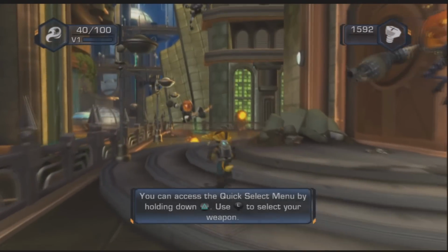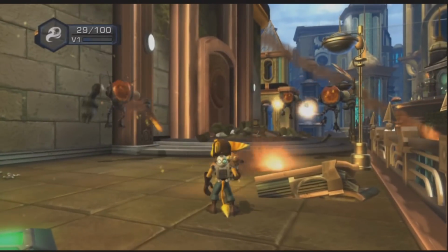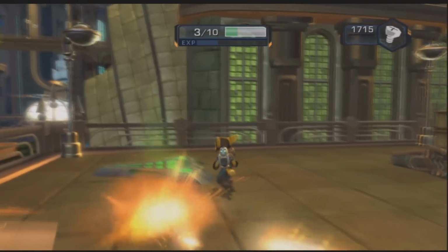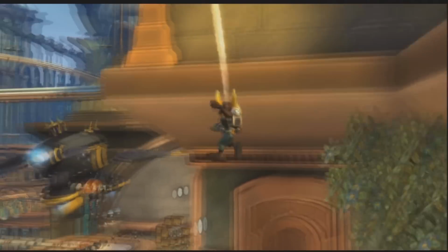First off, we have the PlayStation 3 exclusive Ratchet & Clank Future: Tools of Destruction. A beautiful game. If you're a fan of action and adventure, this one is definitely for you. I saw prices on eBay right now. You should be able to pick this up anywhere from $5 to $8 complete. But yeah, I was shocked to see that you're able to get this one for around that price on eBay, because